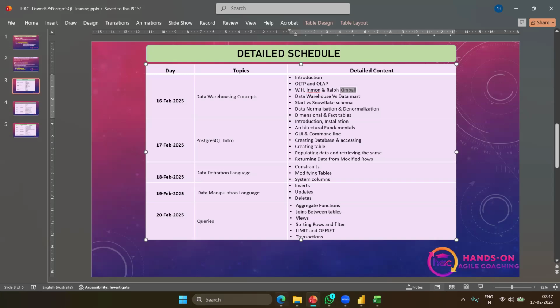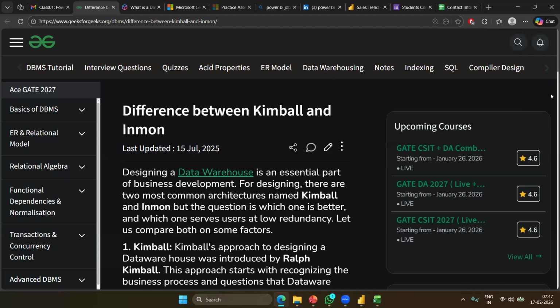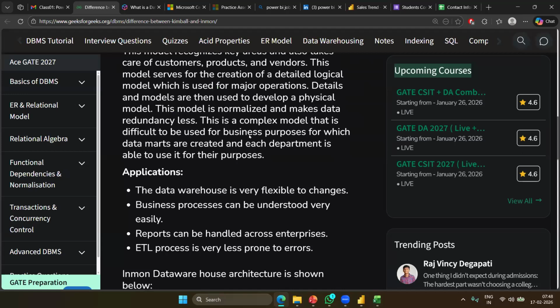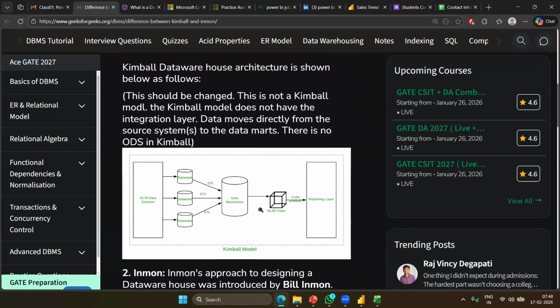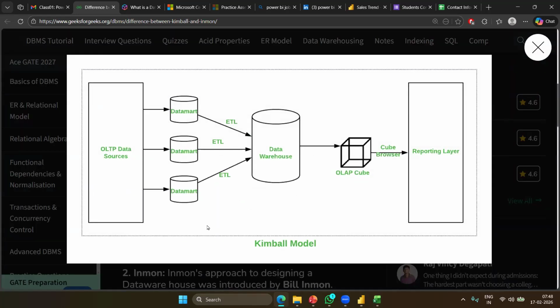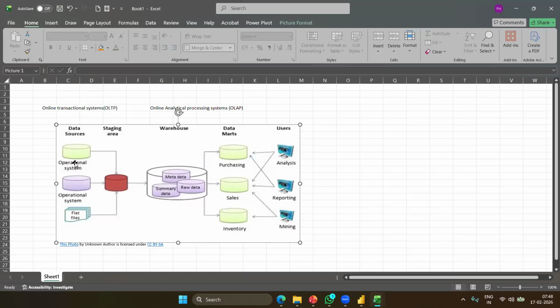Now let me show you what they have proposed in the form of images. What Kimball has proposed is, if you see this diagram, on the left side you have different data sources. If I correlate this to the image we are learning, one data source would be from the HR department.